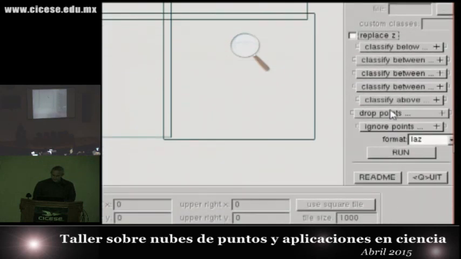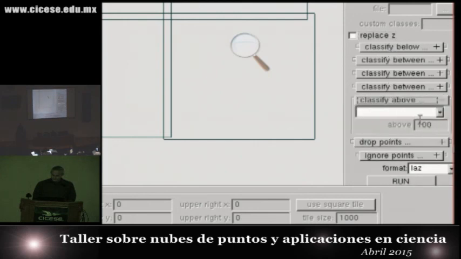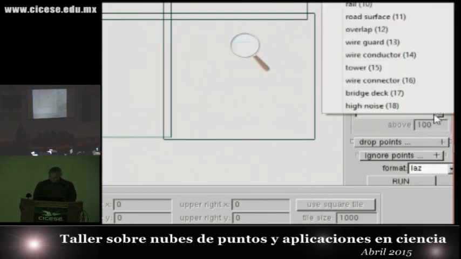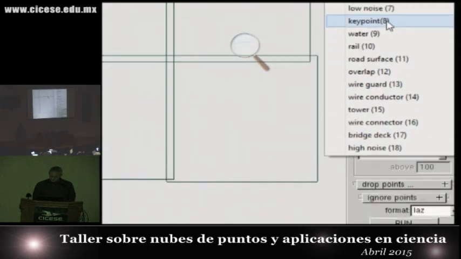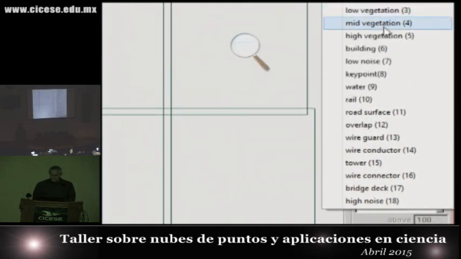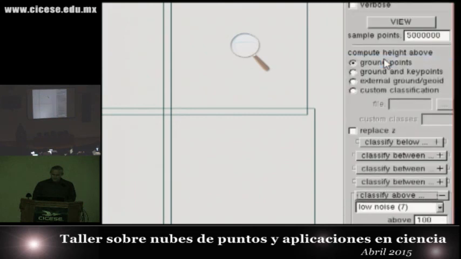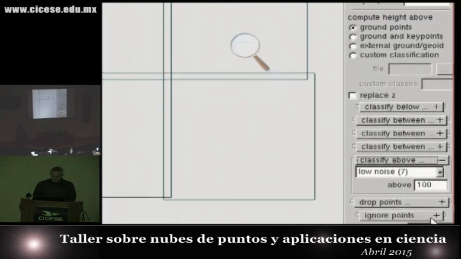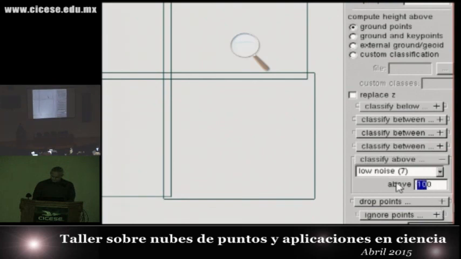However, we just want to drop point, or actually we want to classify points. Everything above, I'm just going to use also 7. 7 is usually the noise class. Everything above 50 meters,